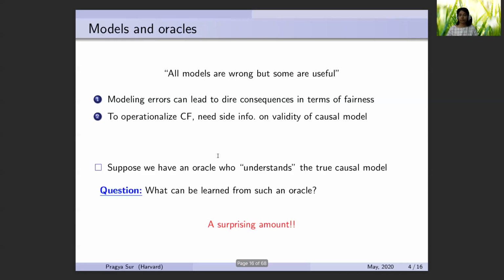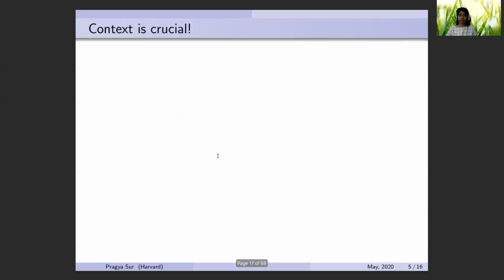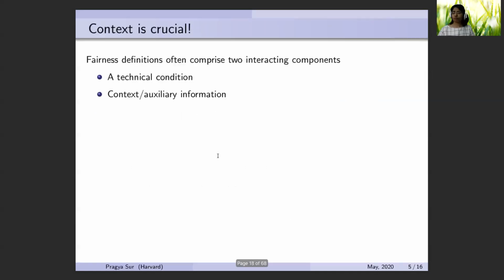And as we shall find out in this talk, we can learn a surprising amount from such oracles. But before I go on further, I'd like to make a general comment, and that is, it is well known that context is crucial for the purposes of fairness. This is not something specific about counterfactual fairness, that you need to understand the causal model well, but a lot